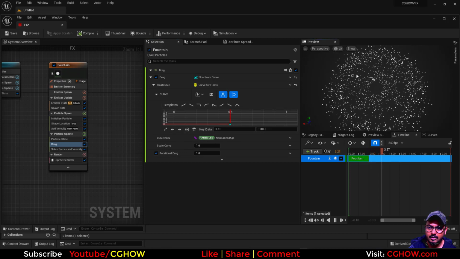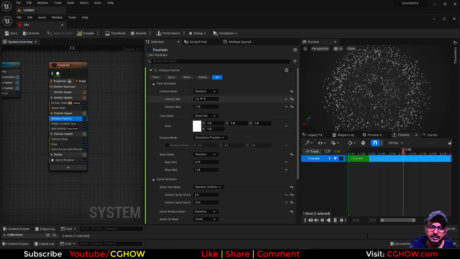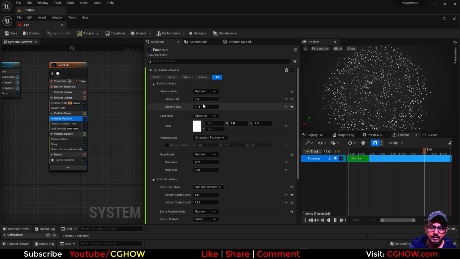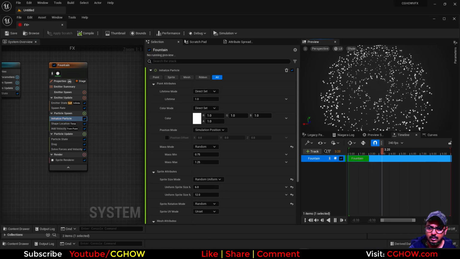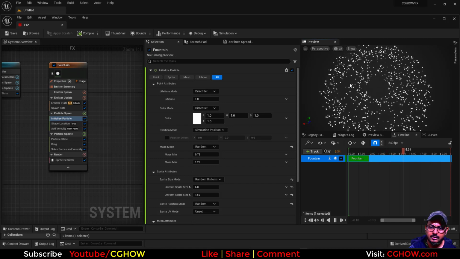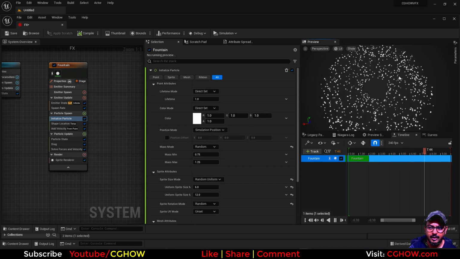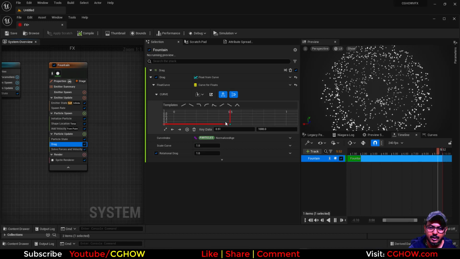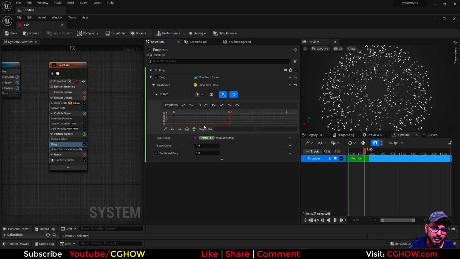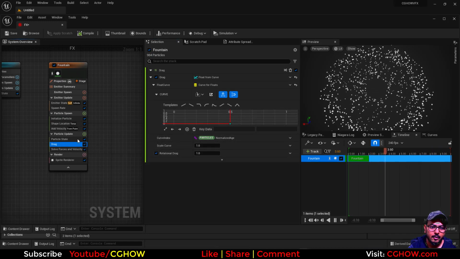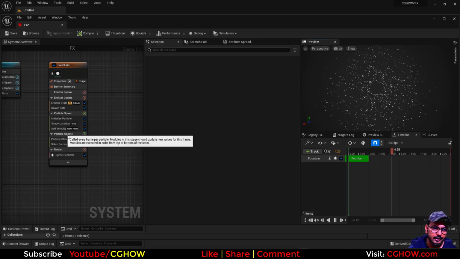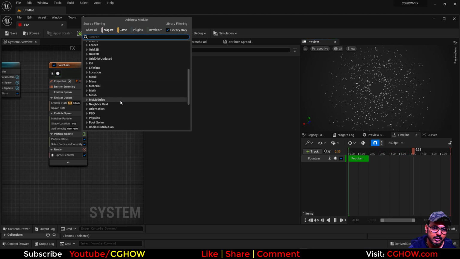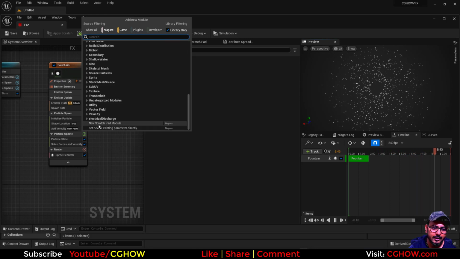See, but because this thing is random, still it's not making an exact circle, but yeah, you can tweak it, so maybe it can make that. But what I'll do is I'll let it go and I'll make a custom module